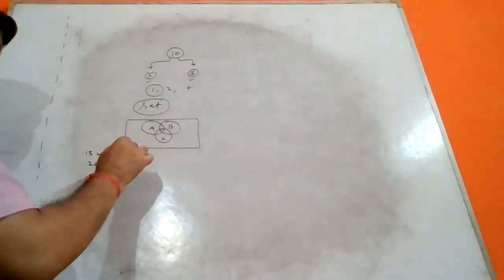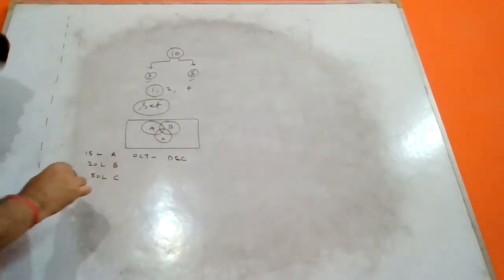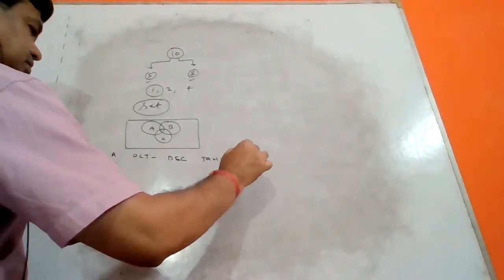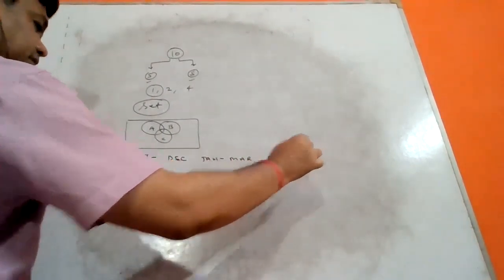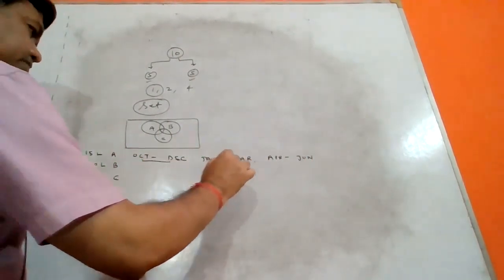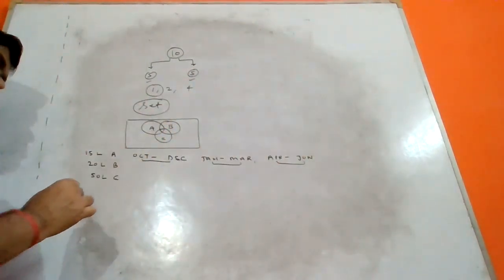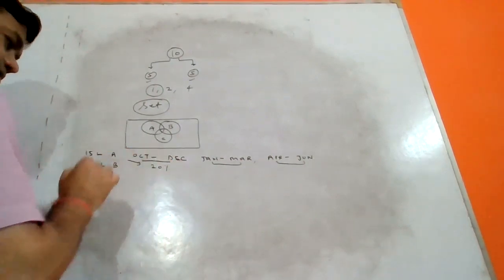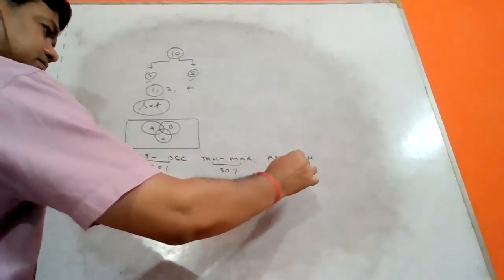And the months are also given. October to December is the first case, January to March another case, and April to June the third case, right? These are the three slots. It has been observed that from October to December in city A, 20% cases increase, here 30% cases increase, and here 10% cases increase.